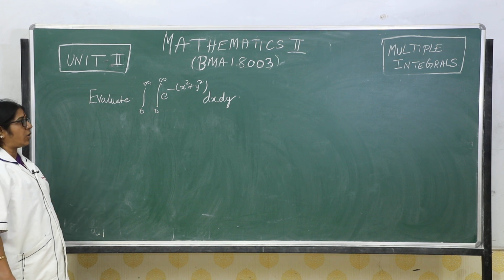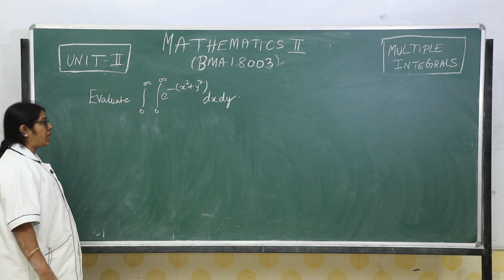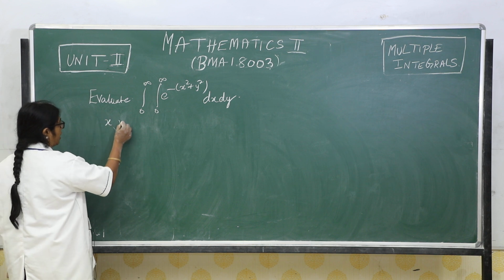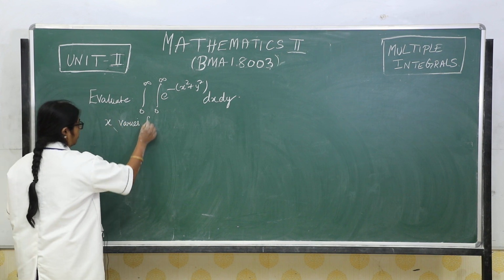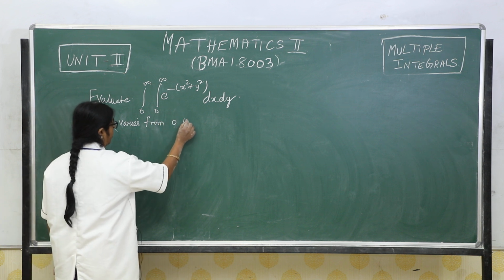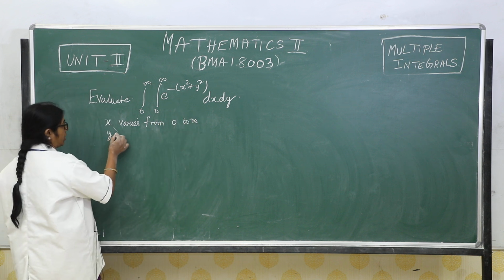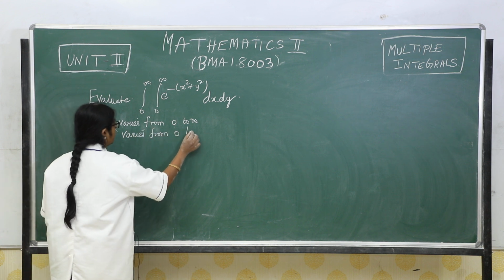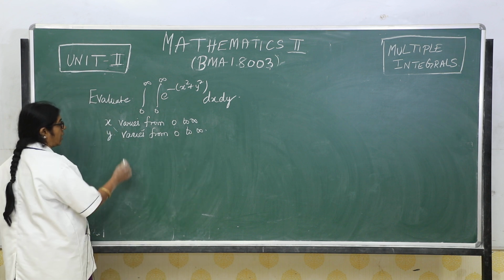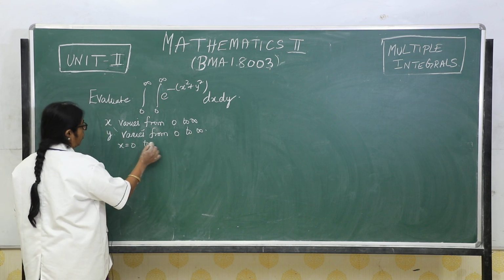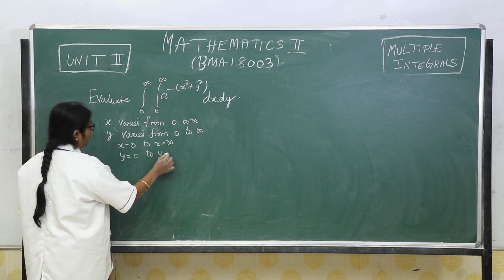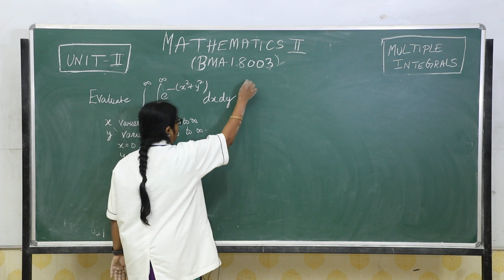Evaluate the double integral from 0 to infinity of e power minus of (x squared plus y squared) dx dy. Here x varies from 0 to infinity and y also varies from 0 to infinity. That is, x equals 0 to x equals infinity, y equals 0 to y equals infinity. Drawing the line,